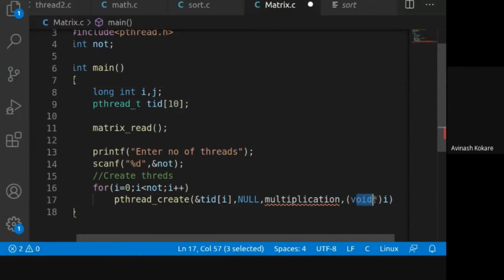So void star is 8 bytes and integer is 4 bytes. That's why it gives you the warning while you are typecasting the data of void star into an integer. So that's why I have given long int here. Okay, you can neglect the warning and execute the program, but for correctness, we have added the long integer.